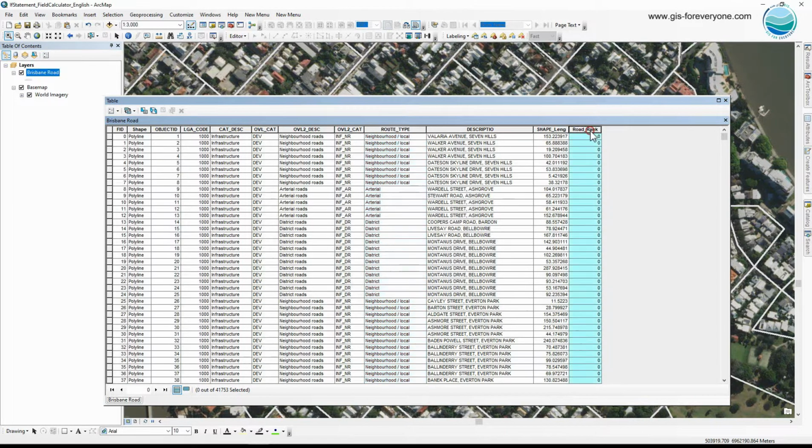And then I want to fill the cells of this field, the new field, with values according to values in this field, the route type. For example, if the value of this field is arterial, I want to fill this field with digit 1. And if it is, for example, district, I want to fill the cells of this field with digit 2 and so on. So if I don't know how to use if statement in field calculator, I need to